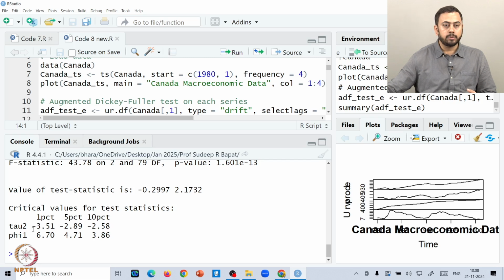And so clearly one can see that if you take the absolute value of this test statistic, it happens to be 0.3, right, and 0.3 is less than any of the absolute values that you see here, right, which means that one can't reject the null. Okay. Similarly, if you go with the second one, the test statistic value is 2.17, and again the same story. So 2.17, since it's less than any of the critical values, again one can't reject the null basically.